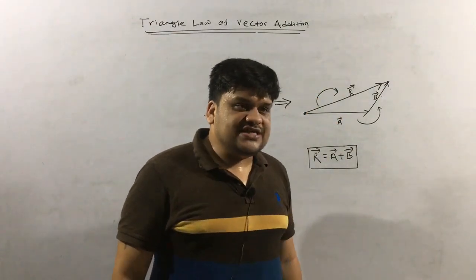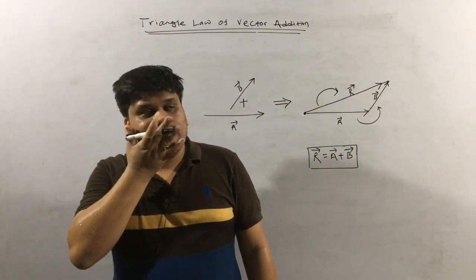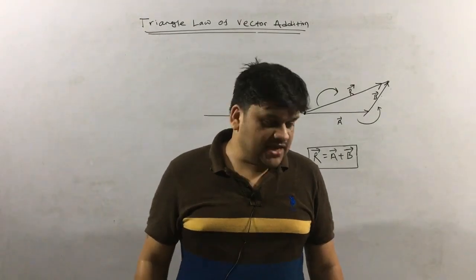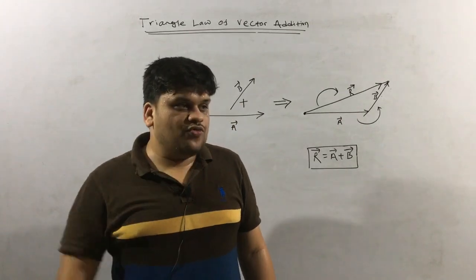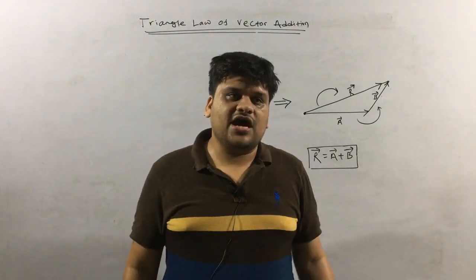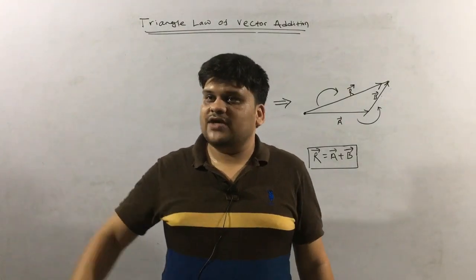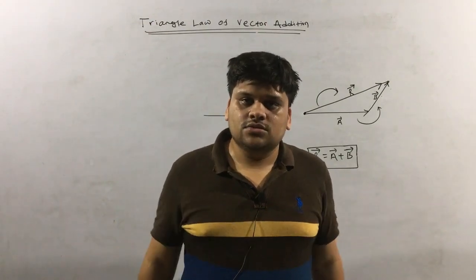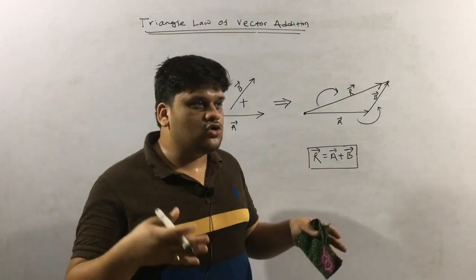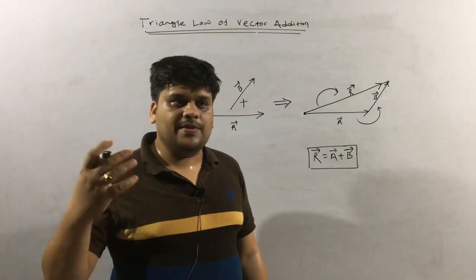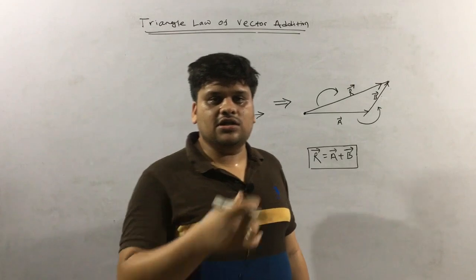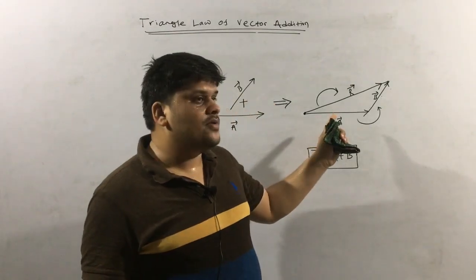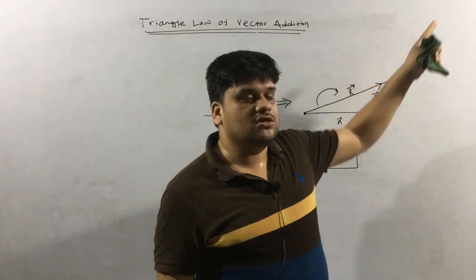But in physics, is it possible every time that you will draw diagrams to add things? Like I am telling, there are two forces of 10 Newton and 5 Newton acting on an object at an angle of 30 degrees, what will be the resultant? And what is the net force, tell me. Then what will you do? You will go and draw a triangle with parts of 10 Newton and 5 Newton, and then you will add them by the trailing diagram.